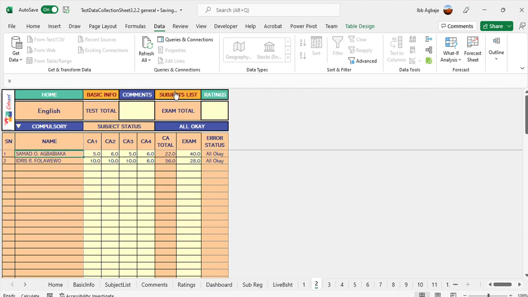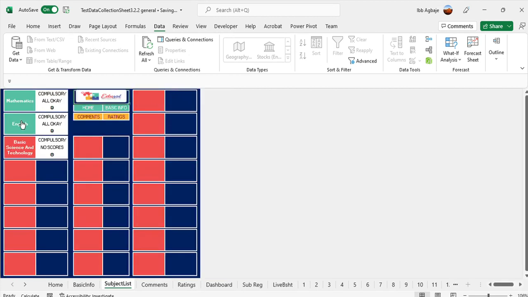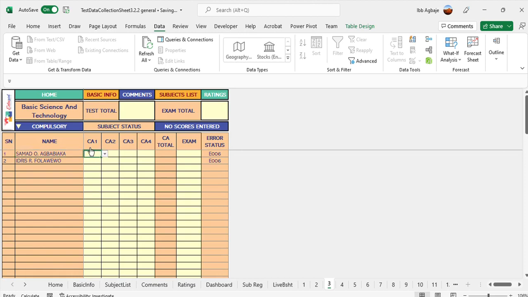So let me go back to the subject list. Yep, everything is all okay. So we're just going to do the same for basic science and tech, and just to show you that you can enter 2 tests for basic science and tech as long as the number of tests are equal. I'm going to give these guys just 35. One test, yeah, 35,